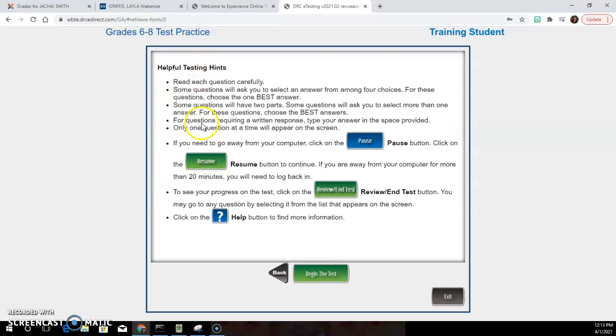Okay. There are helpful testing tips, and you may want to make sure that they have a review and let them understand that if they have flagged something before, there's their chance to go back and fill in that question before they submit it. Okay, so now they're going to begin the test,